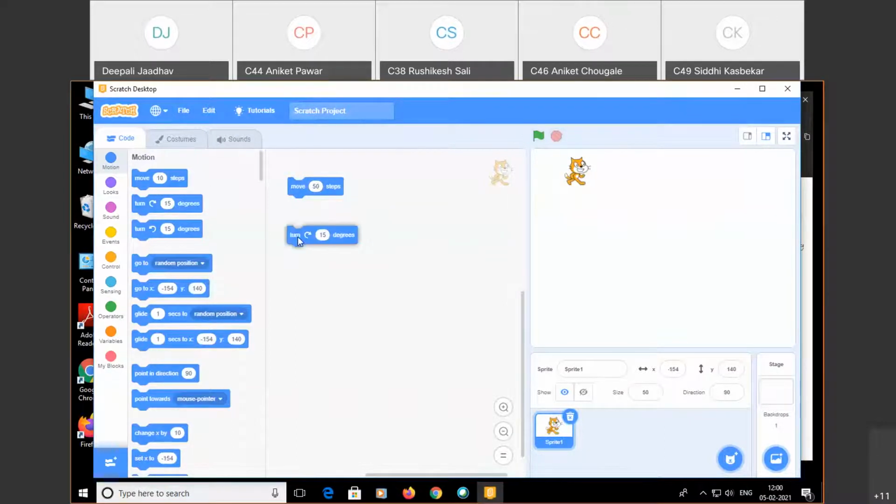Now I want another command to be executed. Turn it by 90 degrees. Again move it by 50 steps. Turn it, only drag and drop here. Turn it by 90 degrees. What happens here? It is turned by 90 degrees.